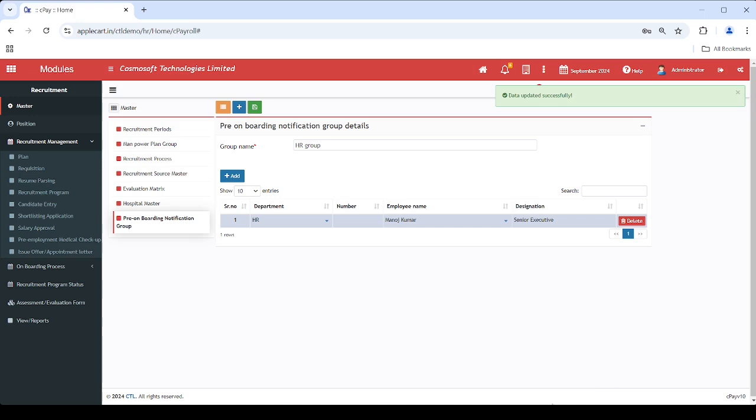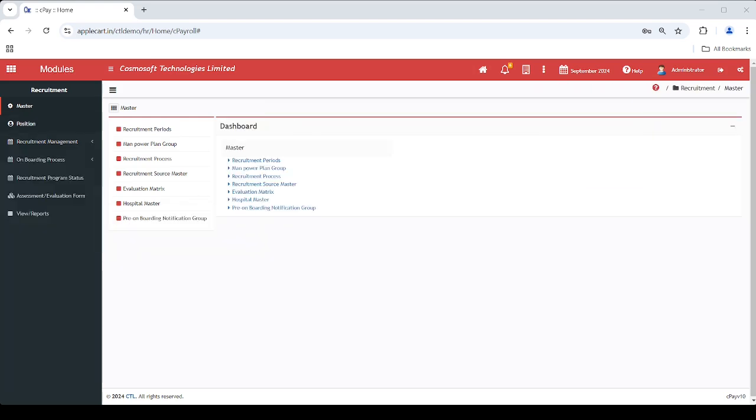In CPay, before starting recruitment for various positions, it is essential to create the necessary masters. In CPay, recruitment activities are carried out to fill various positions based on requests from different departments.